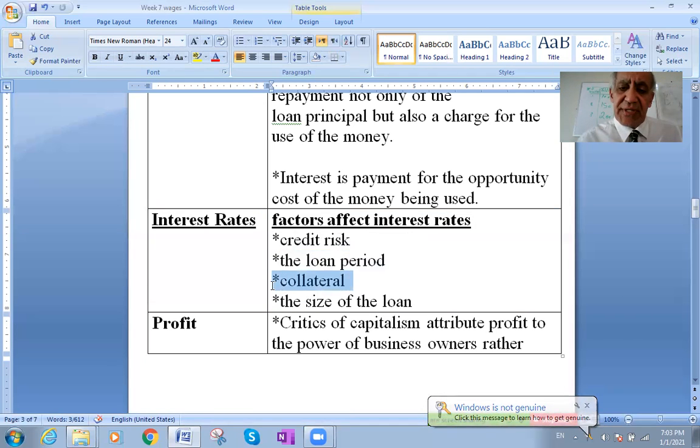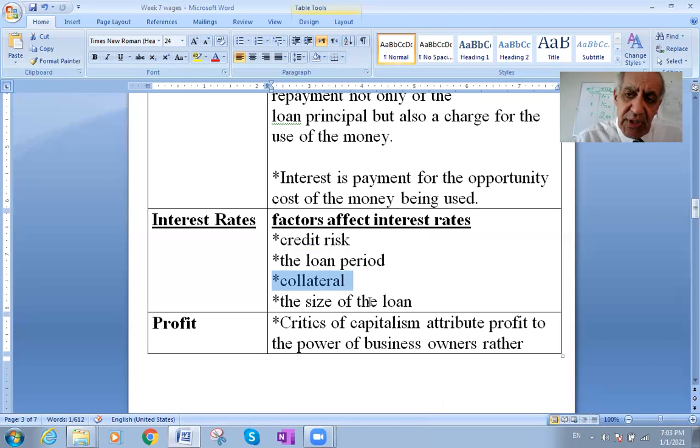Collateral. Do you have any guarantee that the money you take now, you will return? Can I have any guarantee of yours that if you didn't pay, you have assets that I will hold in my hand? In the case that you fall to the risk and you didn't pay me, the collateral might be a house you have, or a building, or a car, or whatever. Those we call collaterals: something that guarantees that in the case you didn't pay, I will go for it.